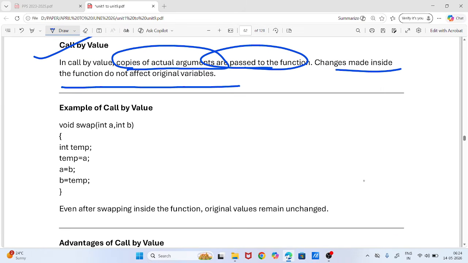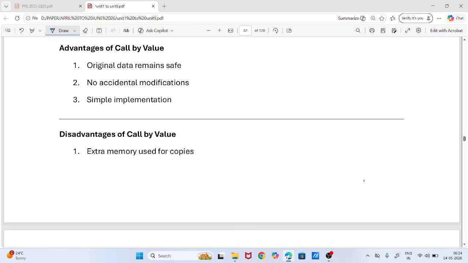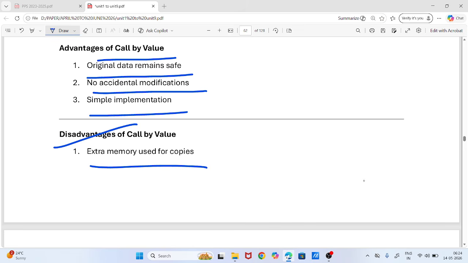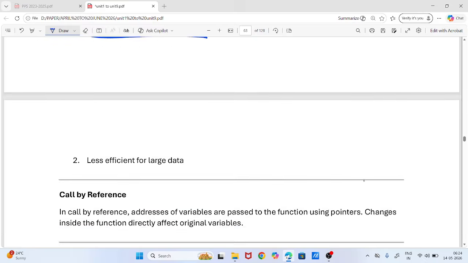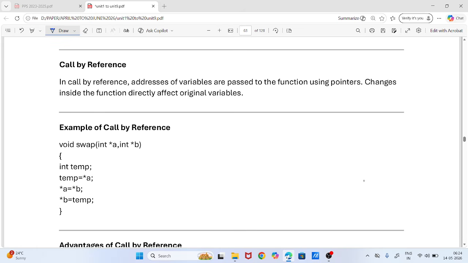Example: void swap(int a, int b) { int temp = a; a = b; b = temp; }. Even after swapping inside the function, the original values remain unchanged. Advantages of call by value: original data remains safe, no accidental modification, simple implementation. Disadvantages: extra memory used for the copies, less efficient for